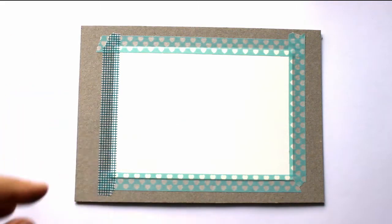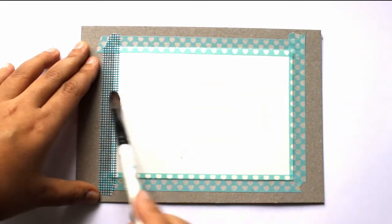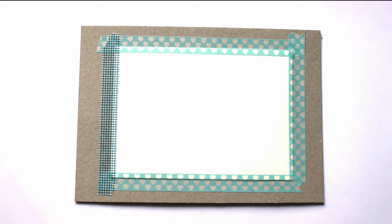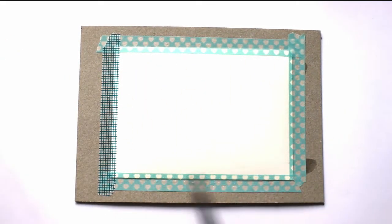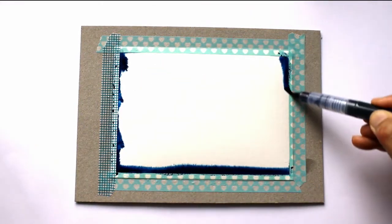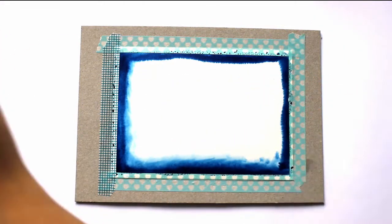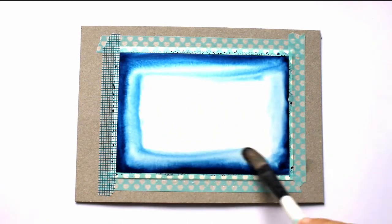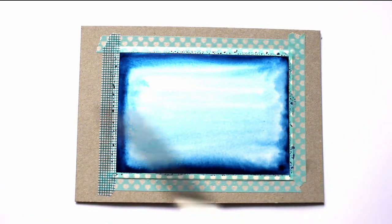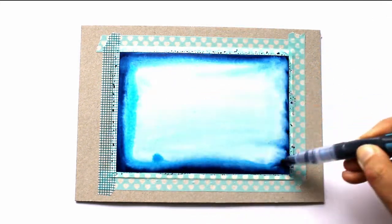The third effect is just another play on doing background washes. Now I absolutely love doing galaxy backgrounds. So I thought maybe I could try and do a galaxy style background using these brush markers because of this absolutely gorgeous color which I'm just putting around the edges, which is called Desert Night. Now I've just added it around the edges. I've put water down on the page first to get the ink flowing a little bit better,